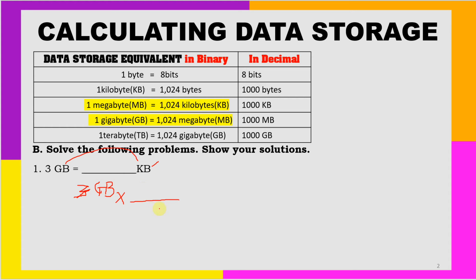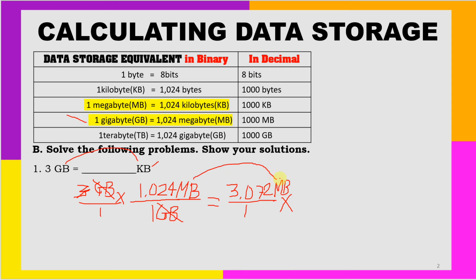Okay, so gigabytes here. So equivalent 1 gigabyte here. 1 gigabyte is equal to 1024 megabytes, MB. Okay, so here multiply numerator by numerator. So multiply 3 times 1024 megabytes. So cancel the gigabytes. That is equal to 3072. Okay, and since this is understood to be over 1, 1 times 1 is 1. Okay, the unit here is megabytes.